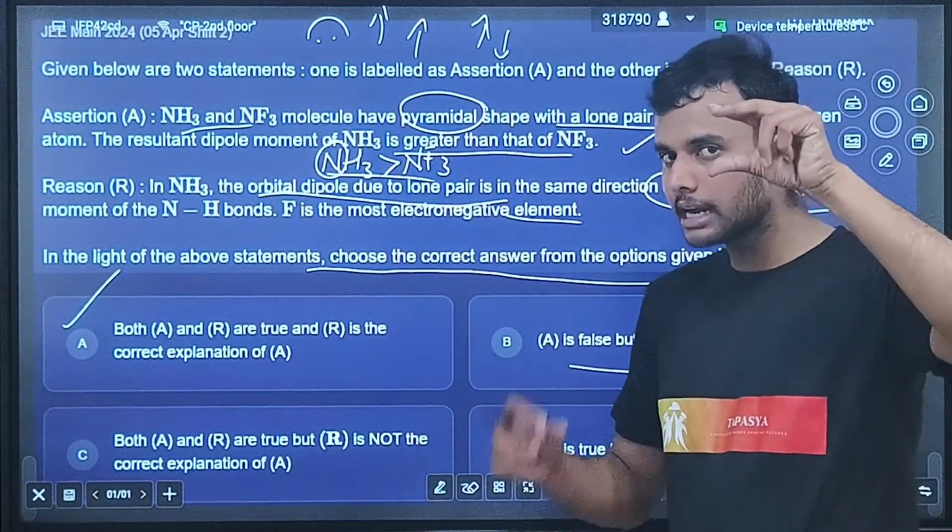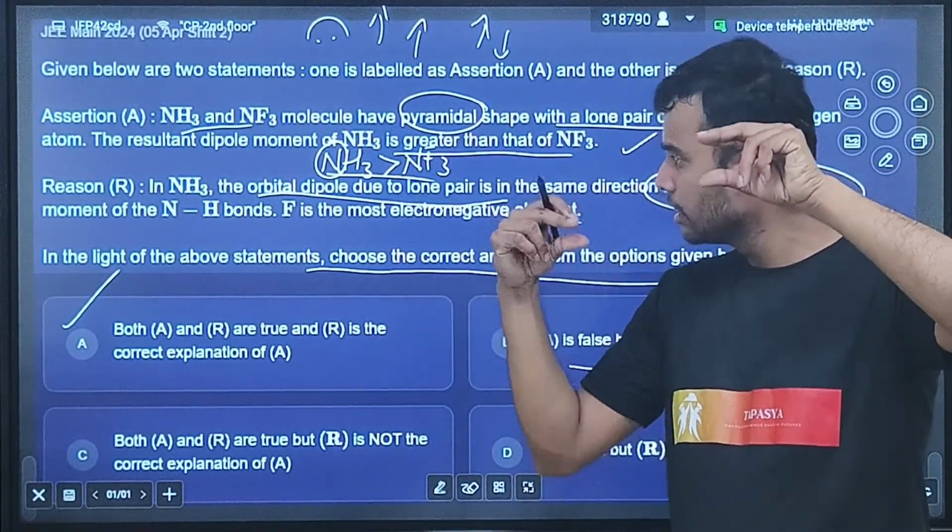Okay, I hope it's clear. NH3 and NF3, why? Because in nitrogen, the moment is more. Nitrogen, fluorine, they already give the electron